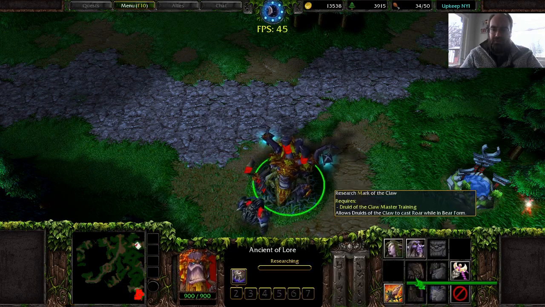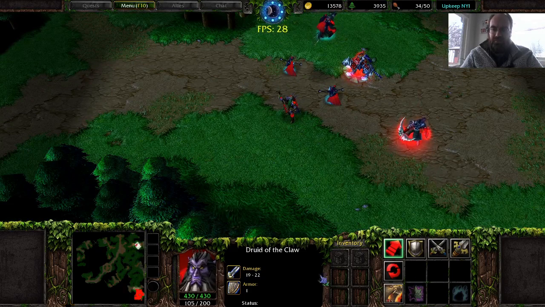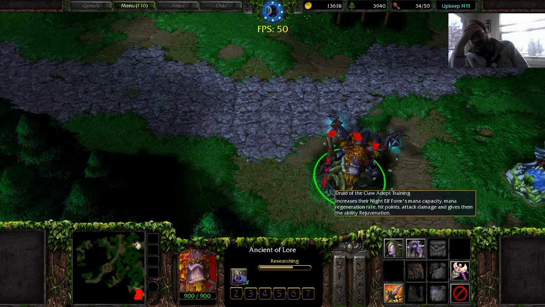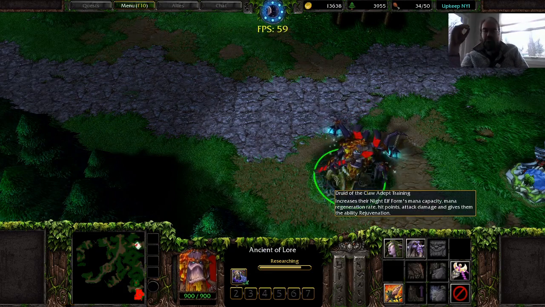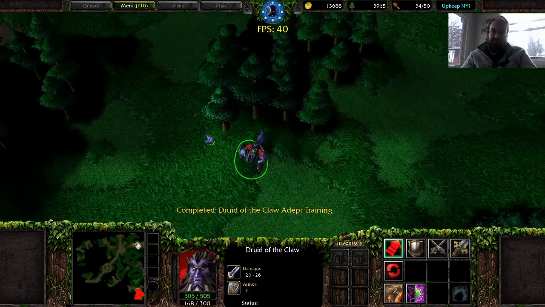Yeah, so he has Druid of the Claw. He's got Roar. If I do an upgrade, he's going to have Rejuvenation. I mean, how cool is that? Previously, I think upgrades were not even applied to abilities in Warsmash. I hadn't done that. But this pull request has got that stuff going on.